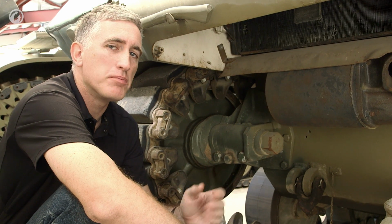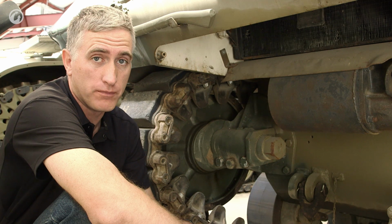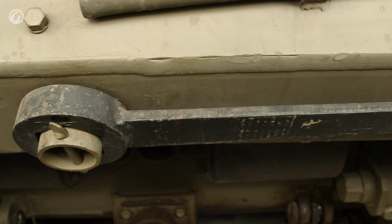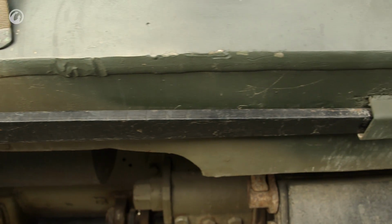Track tension is a bit of a chore. First thing you have to do is I have to introduce you to Little Joe. Little Joe is located just above the exhaust and is a very, very large wrench. Coming back to the idler system,